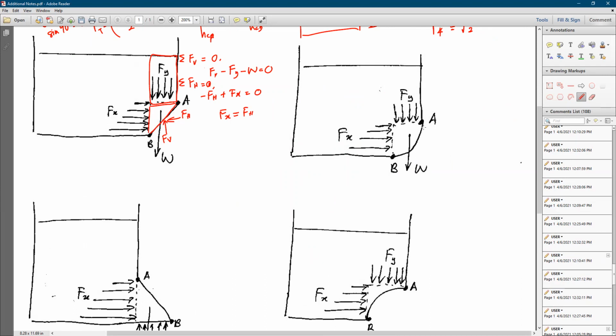The only difference when you want to solve this particular problem is when you want to calculate the value of W. W on this part is actually